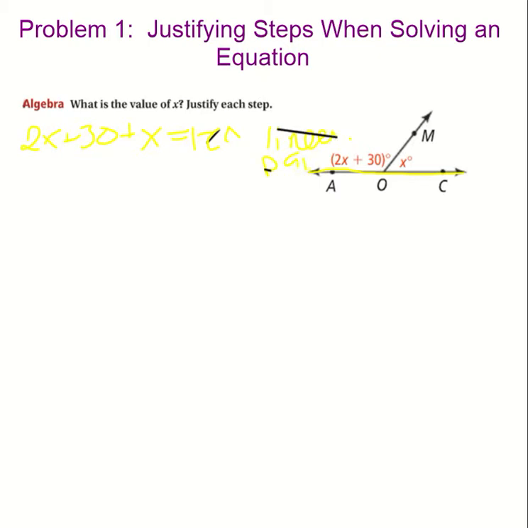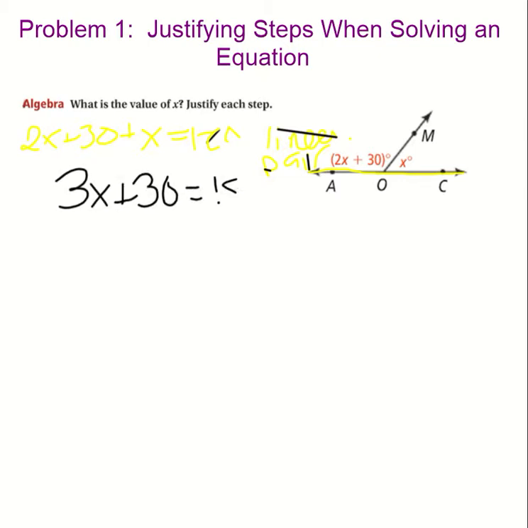pair. I don't know why it keeps turning into black. We're just going to change the color. Alright, so now I can use another property that says, now I can use the distributive property to combine my terms 2x and x, and I get 3x plus 30